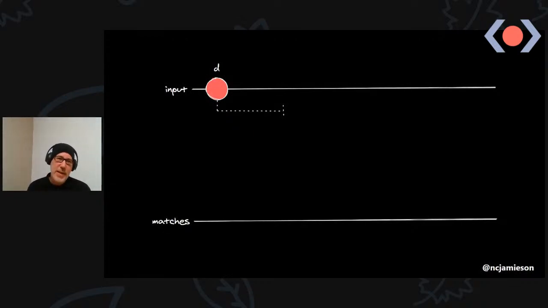So if the user types another character before that timeout has elapsed, that timeout's aborted, a new one is started, and this happens again and again. So if the user takes longer to find the next character they want to type, we've got DE in the buffer.